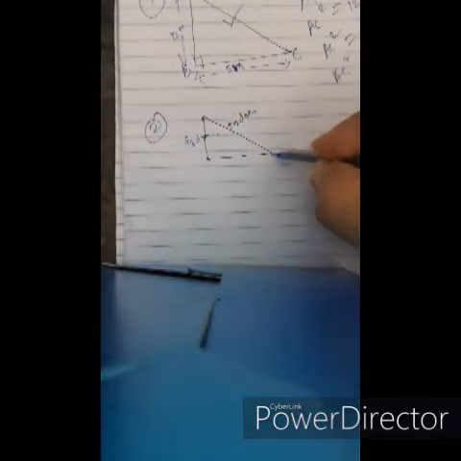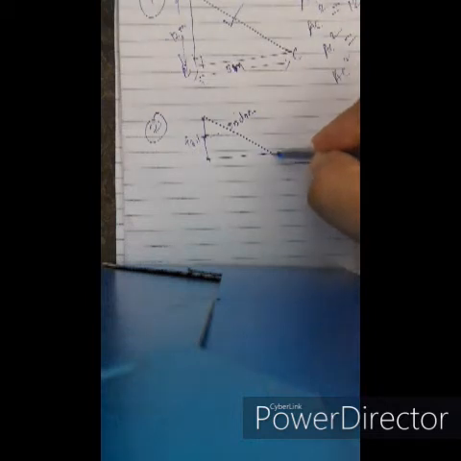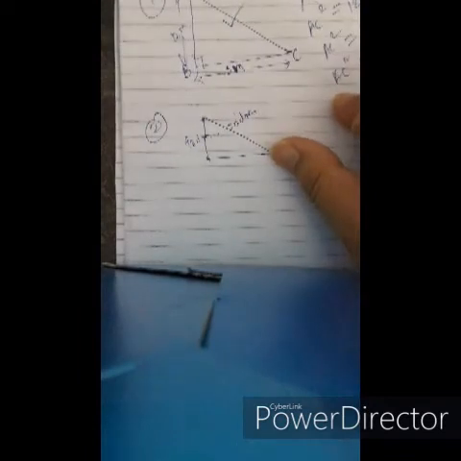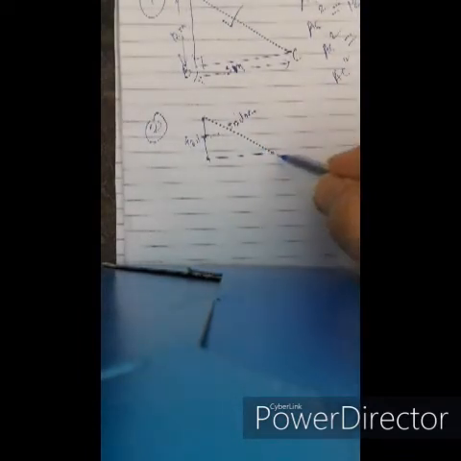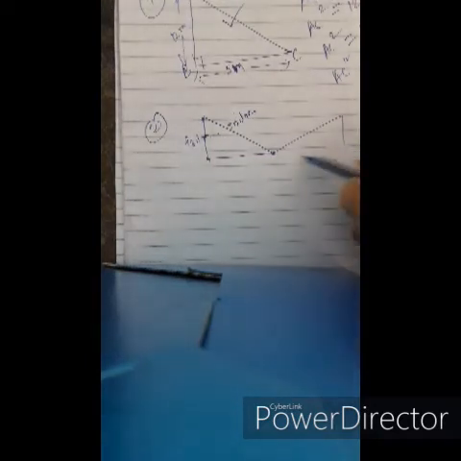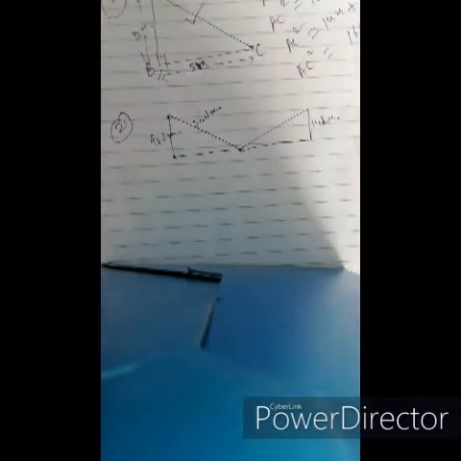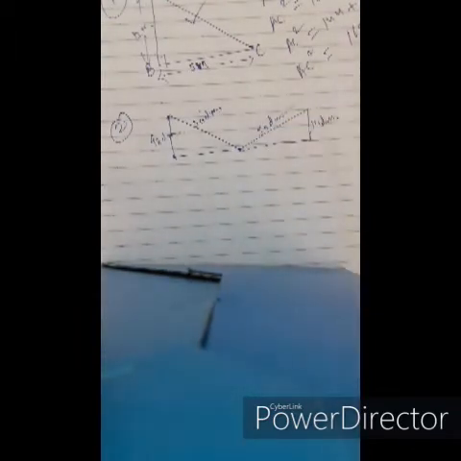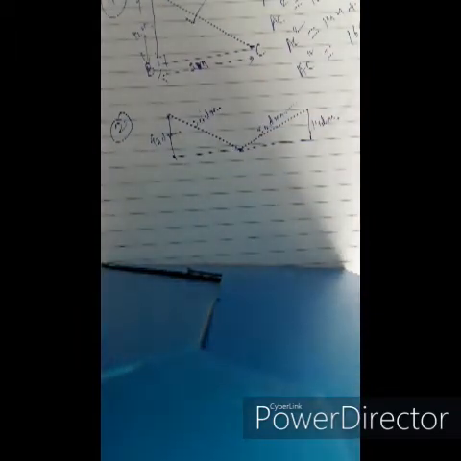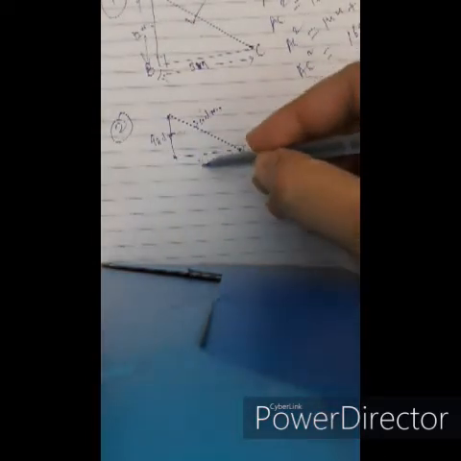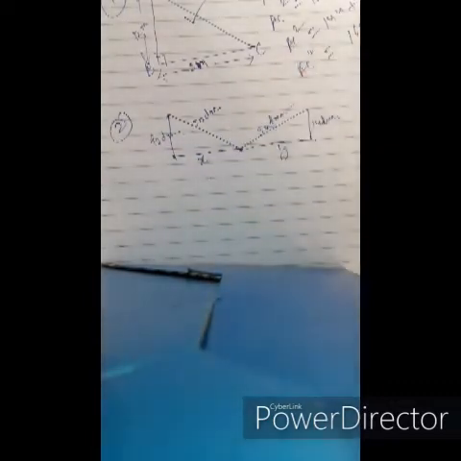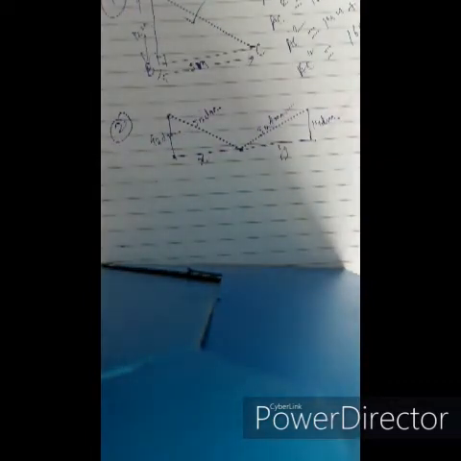And when we turn the ladder over to the other side of the street, suppose this ladder gets turned over to the other side of the street, it reaches a point 14 decimeter high. So it reaches here somewhere 14 decimeter high. This is the same ladder, so this becomes 50 decimeter. Find the breadth of the street. We have to find x plus y. This distance is x, this distance is y, this total is the breadth of the street.